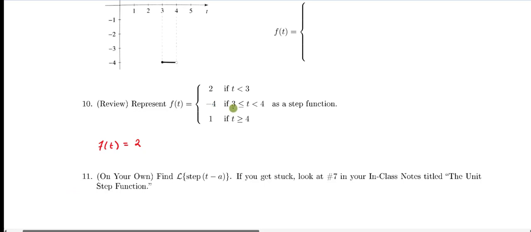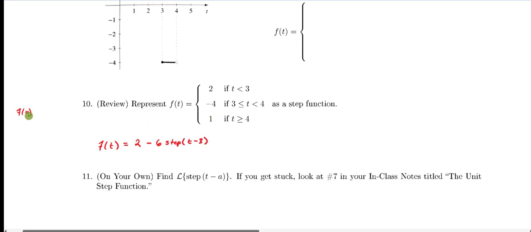Then when t is between 3 and 4, I want it to be broadcasting not a 2 any longer, but a minus 4. To make that happen, I'm going to subtract 6 times the step function of t minus 3. If you'd like to pause, at this point, and we're not done with this, but at this point, notice